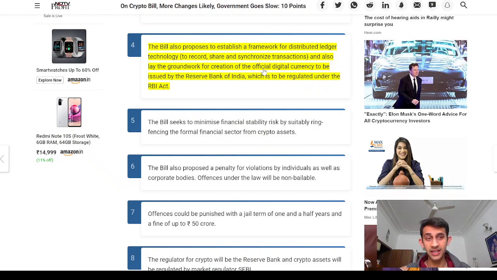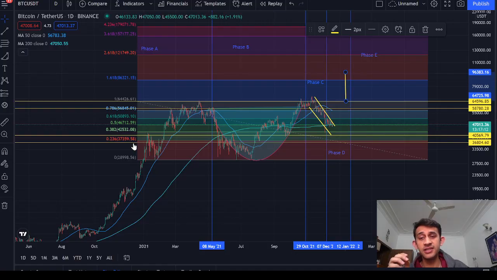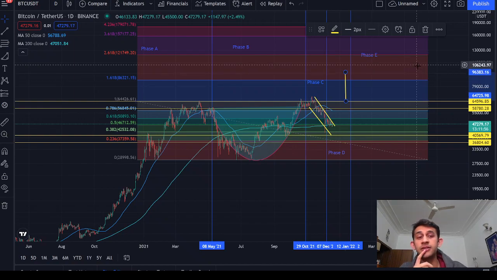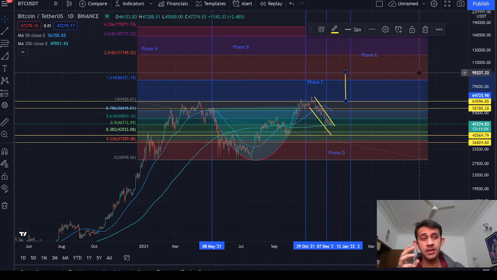So for now, I think that was it. There are so many things happening in the crypto market, but the basic thing is till we cross $42,000, I am going to be completely bullish. The second point is these are the two support lines, which are the $40,000 and the $36,000. These 2 points are going to be something I'm going to be watching out for. My target is going to be $96,000, and